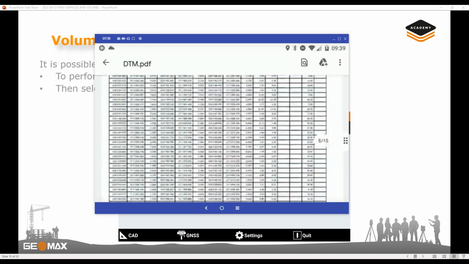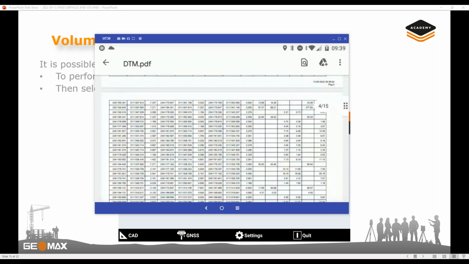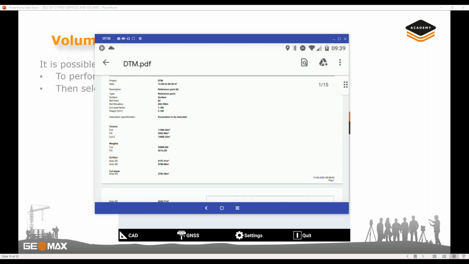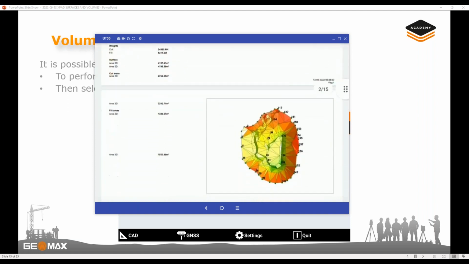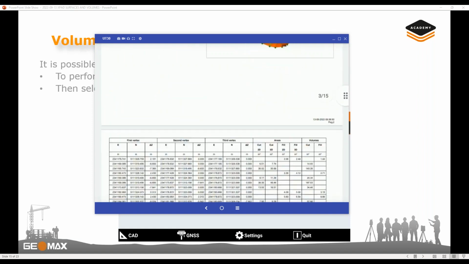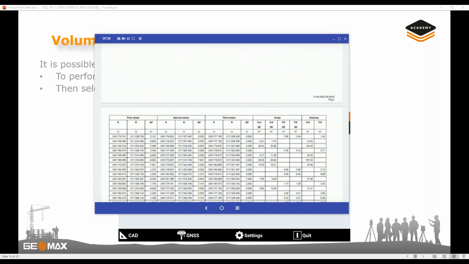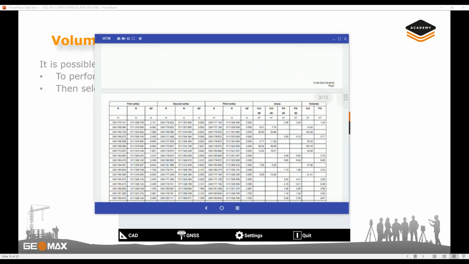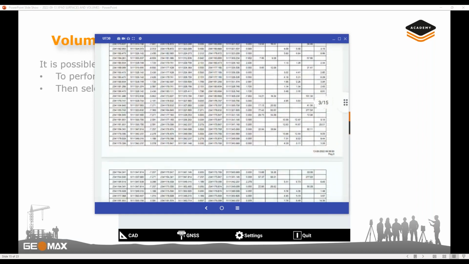And here, as you can see, we have 15 pages with all the information about the surface and the volume creation, with all the vertices, with also the deltas and the cut and fill for all the different triangles, plus at the end,